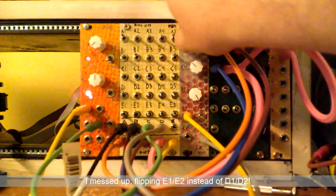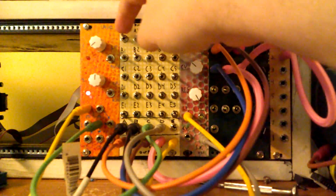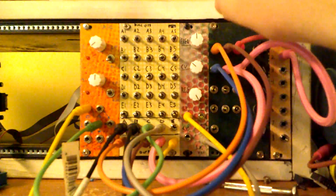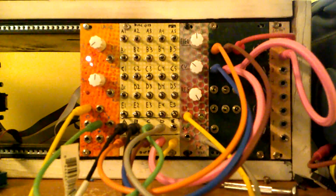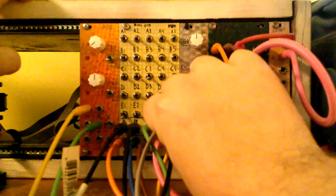Let's just send one signal to the VCF. And then let's try adding a CV control in addition to the LFO for one of the